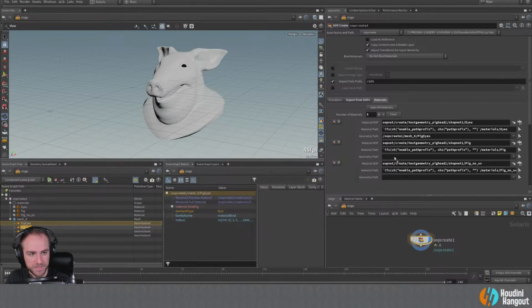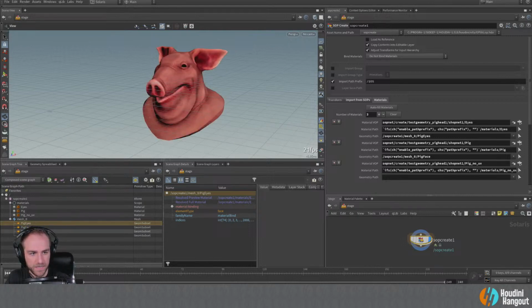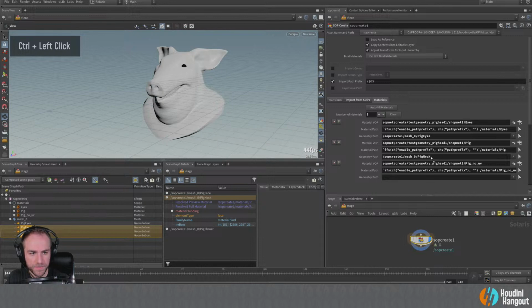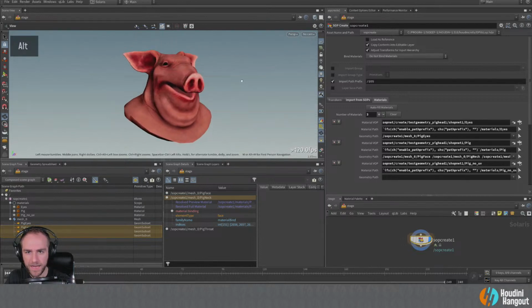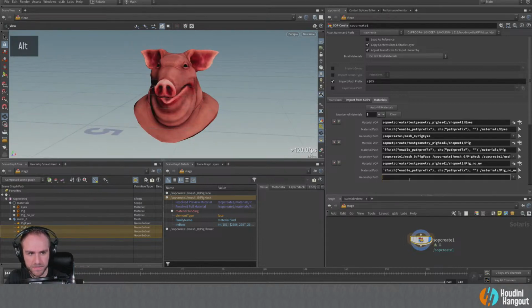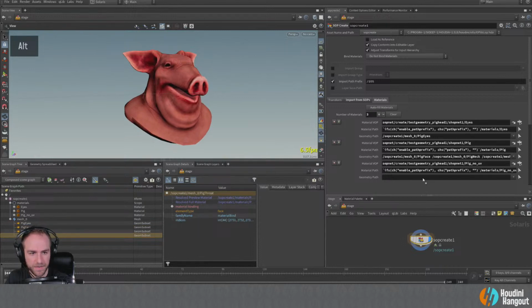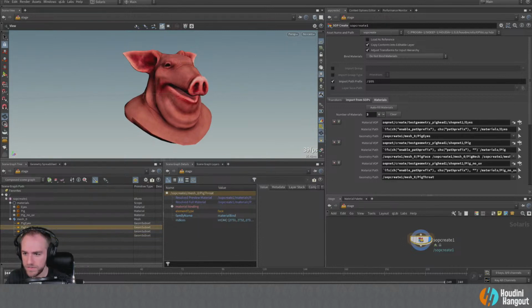So let's see here. We should be able to say, this is just the pig. So we're going to say pig face. Probably can do, I see. So let's just do this, face, neck, throat, like that. We'll control click all of those, drop them in here. There we go. I'm not sure which one this is assigned to, pig, no, UV. Maybe that's the throat, actually. Now that I'm thinking of that, let's see. I don't remember off the top of my head.